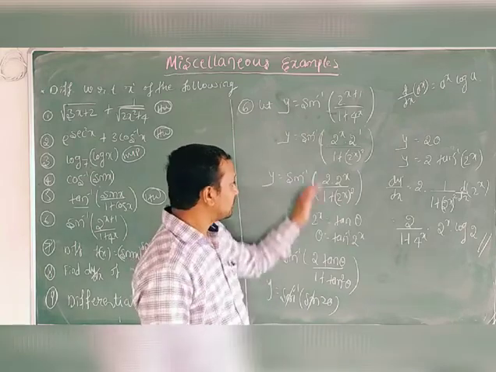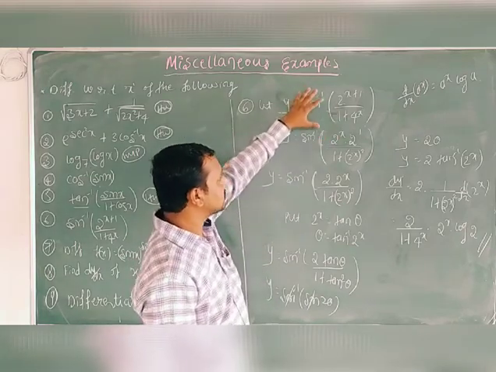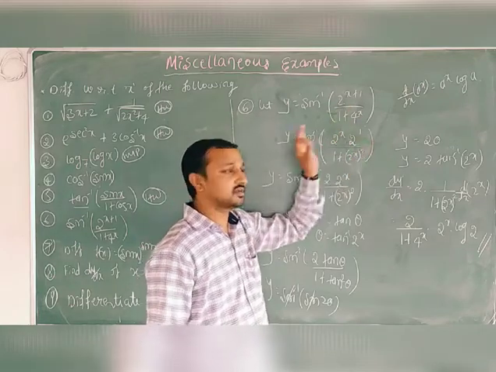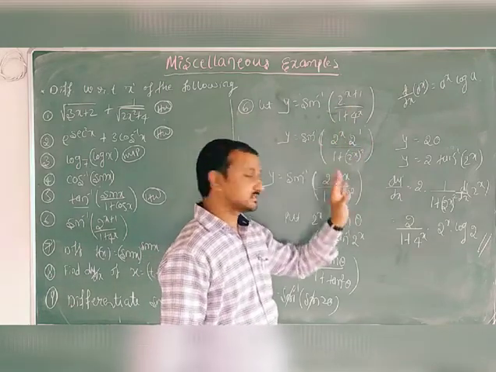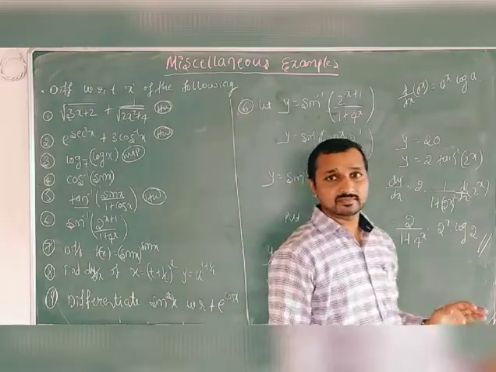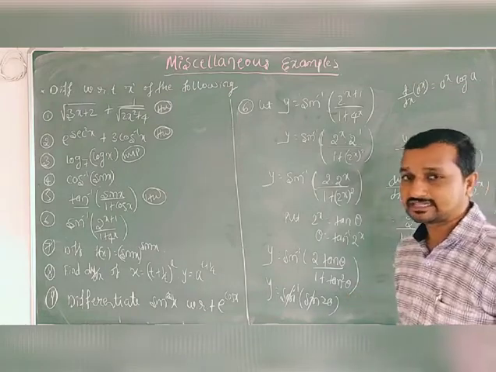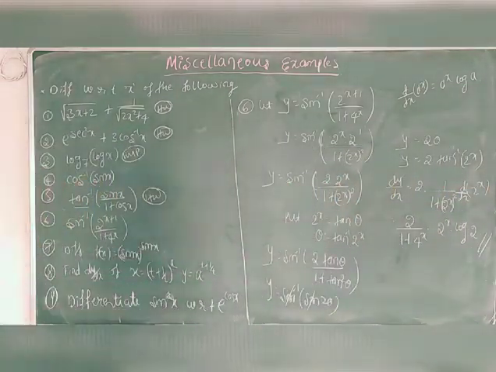Is that clear? By applying this, here is one example. We can simplify 2 tan theta by 1 plus tan theta. Put tan theta equal to 2 raised to x. Then you will get the answer. Is that clear? So this is the process, students. So write down this 6th example.